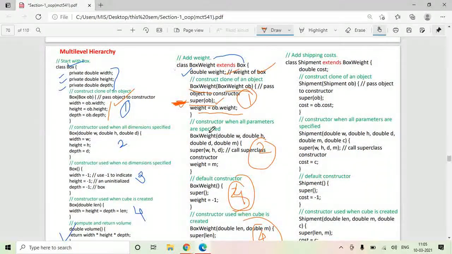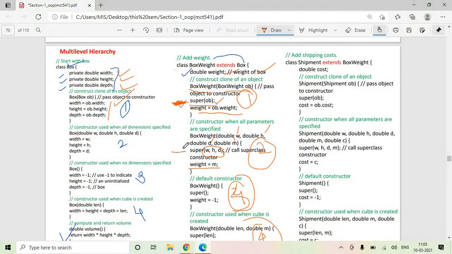Another, we have a box weight constructor which accepts 4 arguments from the user, W, H, D and M. Out of these 4 arguments, we want only one argument, that is weight, to be initialized over here, and for the remaining 3 arguments, we want this width, height and depth should be initialized.